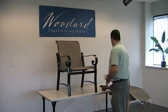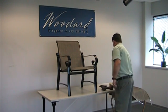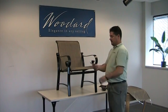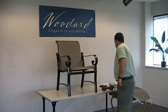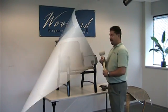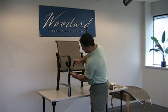a jar of Vaseline, a standard screwdriver, a utility knife, a pair of scissors, and a rubber mallet. First step, you're going to take your screwdriver, put it in the end cap, insert it